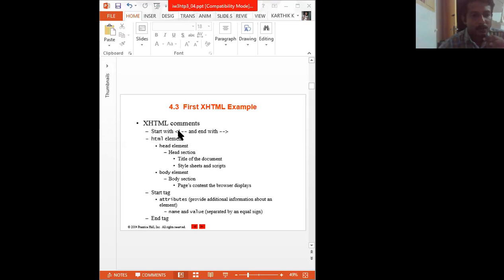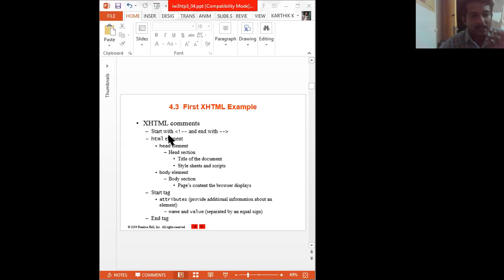We start with the less than symbol followed by an exclamation mark, then two hyphens, and end with two hyphens and the greater than symbol. Whatever content you give in between is going to be a comment. This text will not display in a browser.